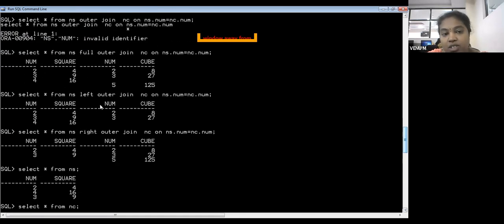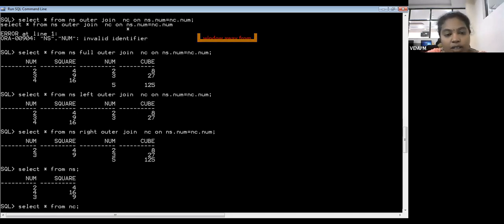So here you have to perform left outer join. What is the first type of outer join? Left outer join. Left outer join means n is having three fields, right? That should be present. What are the matching tuples for the right side also to be present? Matching tuples means 2 is there for num, 3 is there for num, but 4 is not there in the cubes table. So that's why it is not present. This is the way we have to put null values on these fields.